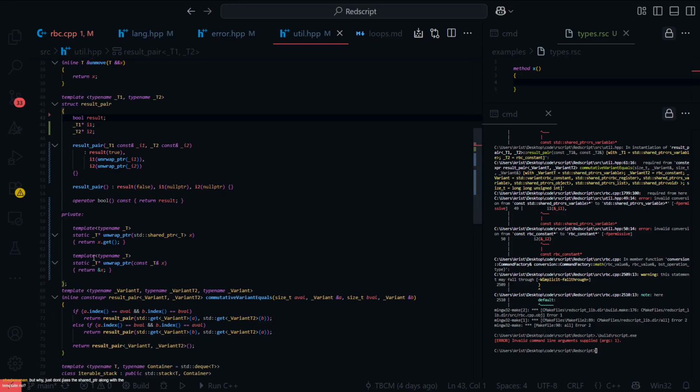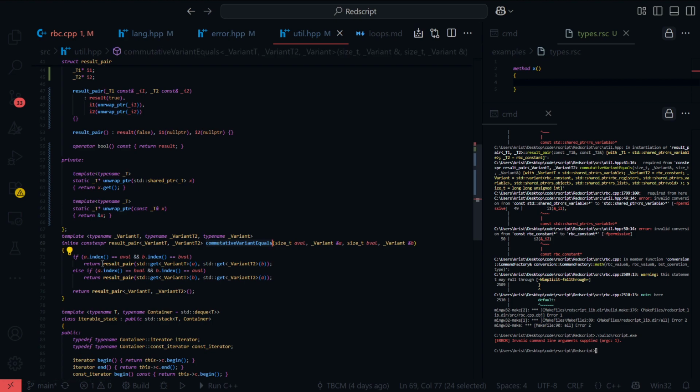No, but there's no way for me to know because down here, I'm checking the indices of A and B here and making sure they're commutatively equal, and then returning a result pair, standard get. And I can't check if that's a shared pointer or not. You know what I mean? This is template. This is generics. No way for me to check that.